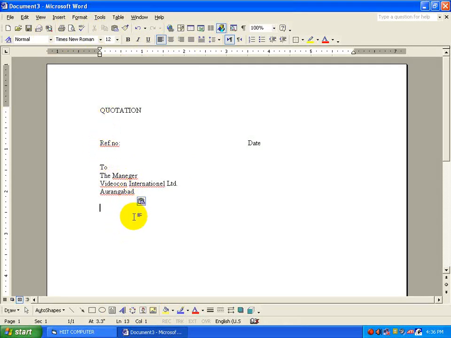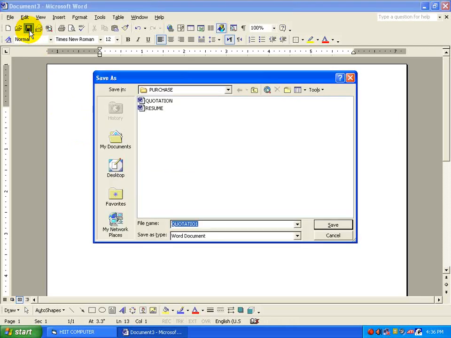After typing your text, now if you want to store your file inside a hard disk, then just move your mouse cursor to save button. Fine. You will get a save as dialog box in front of you. You can directly specify the file name by which name you want to save a file, but you can save the files in particular folder on a particular drive.